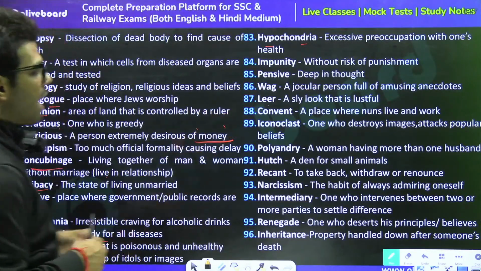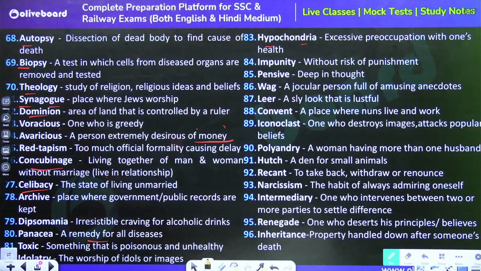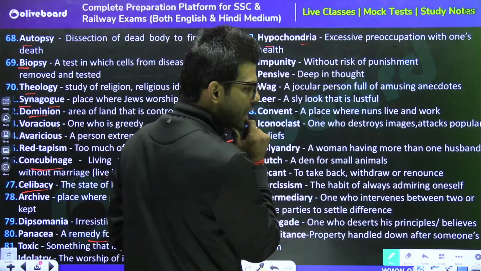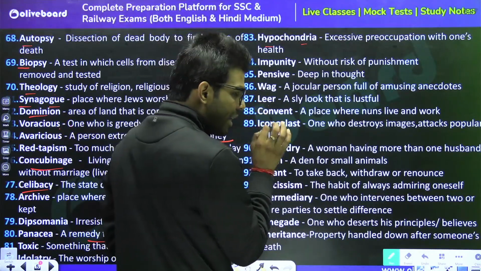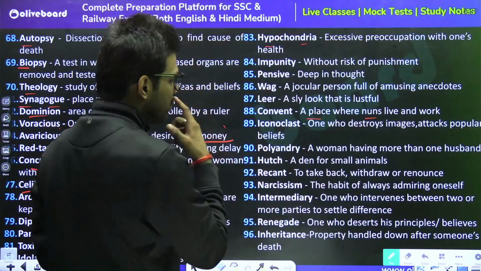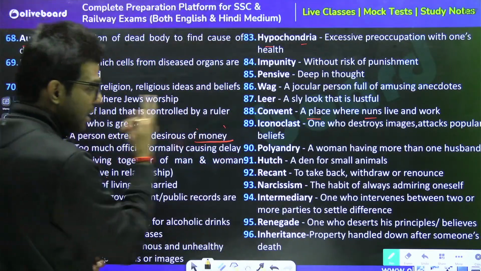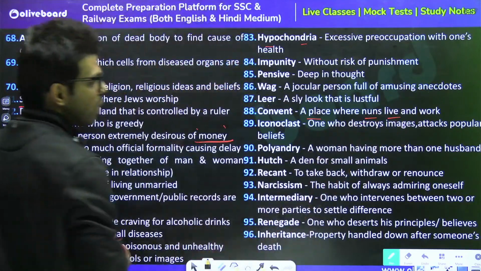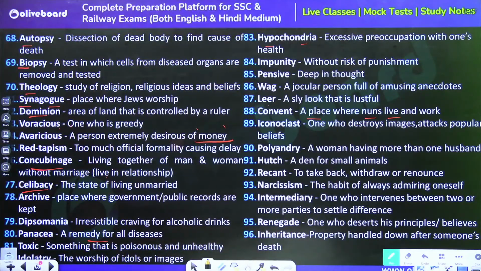Many of us have been a part of some convent school, this and that convent school, fine. But if you ask me about the meaning of a convent, I think it is not at all related to any school. That's the place where nuns, the female worshippers in church, if I say with due respect, live and work. Do remember, if SSC asks this, they will want the same answer.